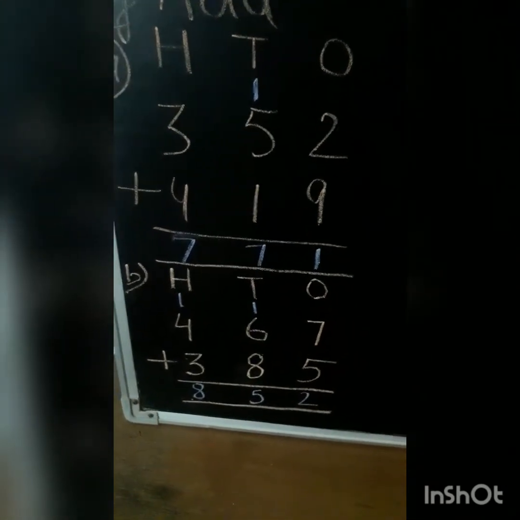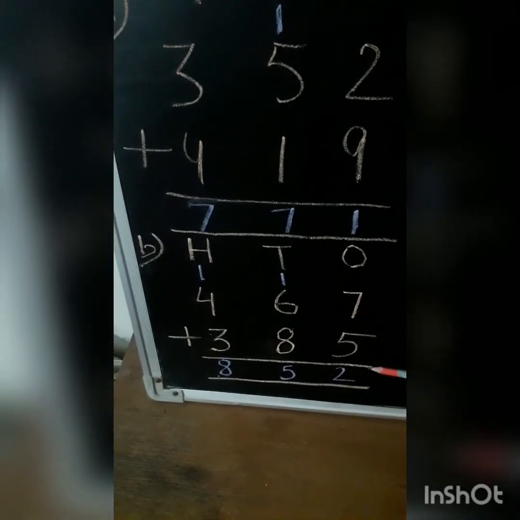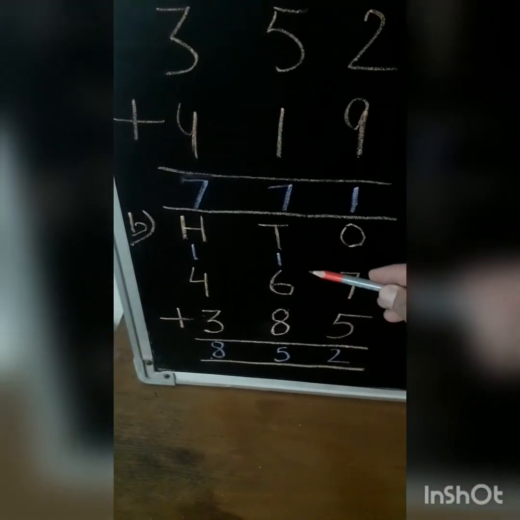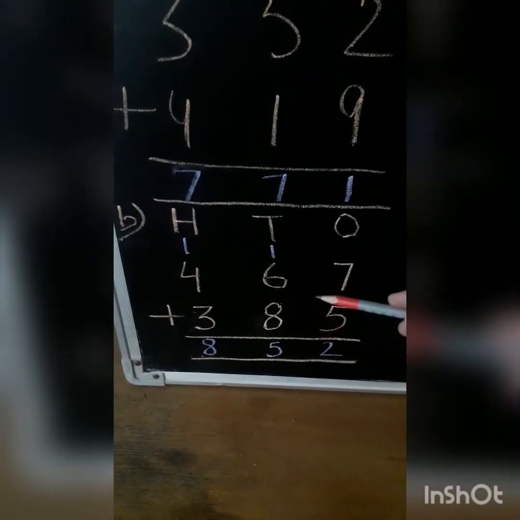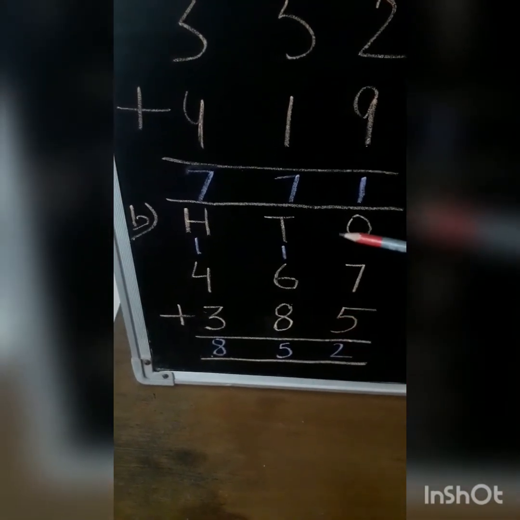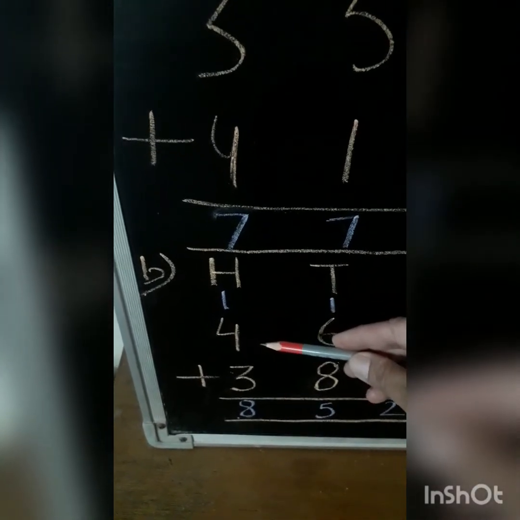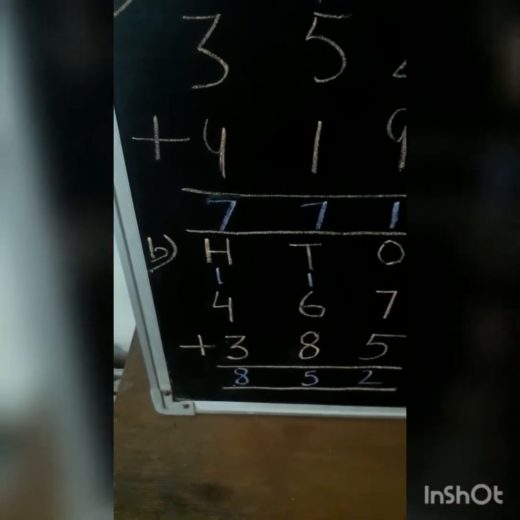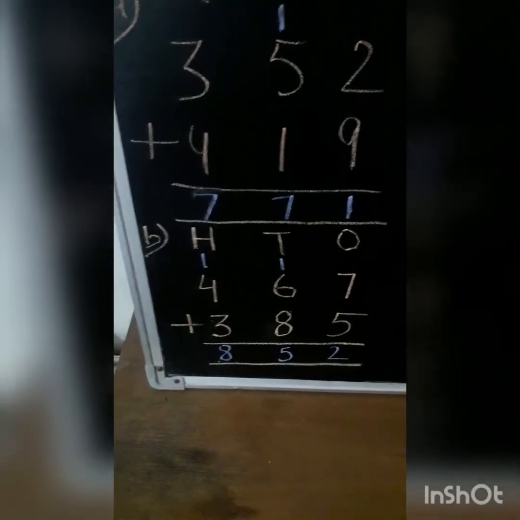Let us look at another example. Here in the ones column, we can see 7 plus 5 is 12. Since 12 cannot be written into the ones place, 1 goes as carryover to the tens place. Now we can see there are 6 and 8 in the tens column, which on addition gives 6 plus 8, 14, plus 1, 15. Here again we have another carryover, which goes to the hundreds place. Now here we have 4 plus 3 plus 1, which gives us 8. So the carryover goes to the hundreds place and we get the final answer as 852.